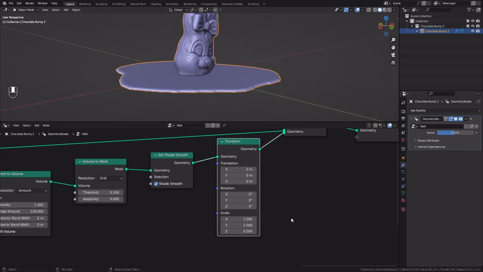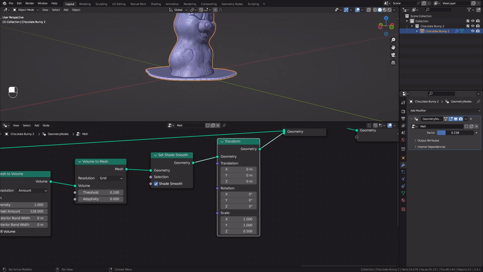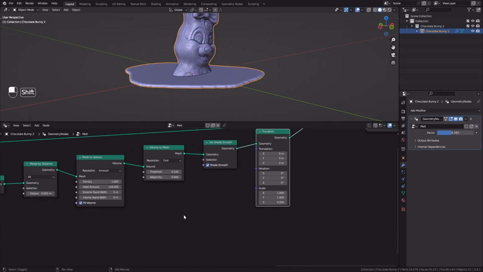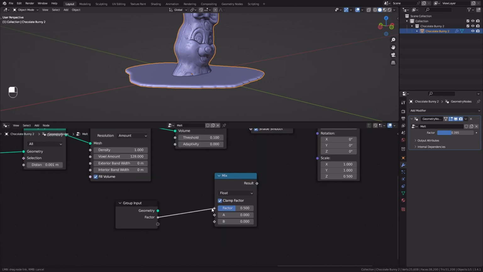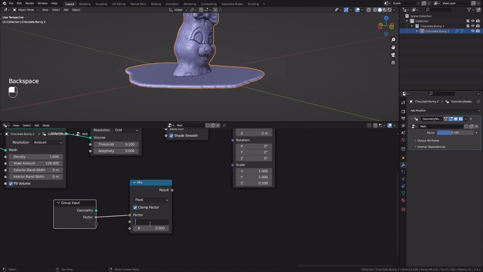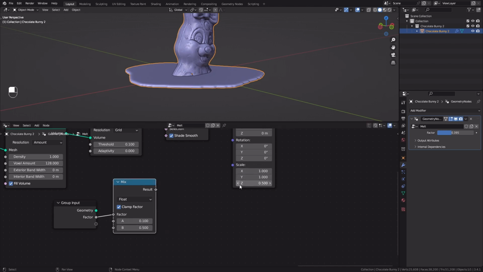However, I think the thickness should change as the bunny is shrinking. So let's bring in another mix node. Then also connect this factor to a group input node and use the same factor again. In the beginning, we want this to have a thickness of 0.1, and in the end, this should be at 0.5. Now, in order to plug this into the set scale, we need to bring in another combine XYZ node,